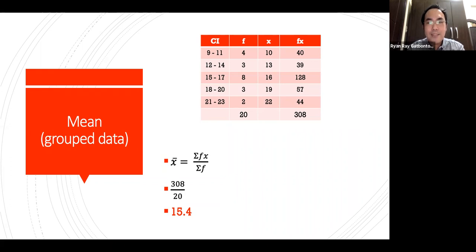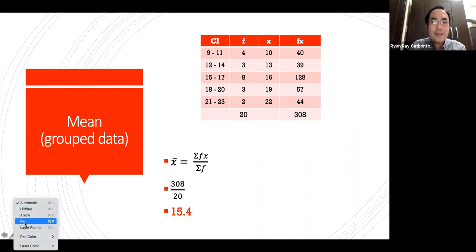So this is your formula for the mean for grouped data: the summation of f times x divided by the summation of f, or the summation of frequency. So to get this, we have to construct another column, which will determine the product of your frequency to your